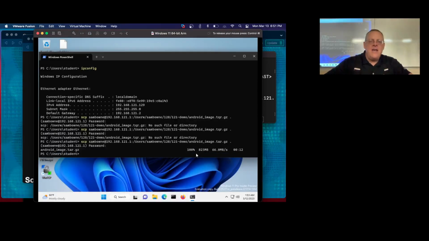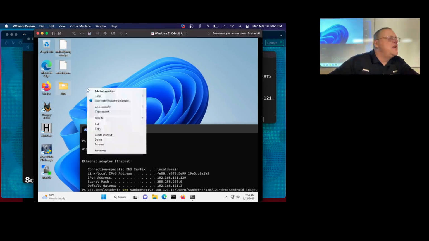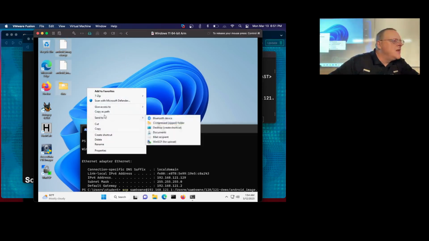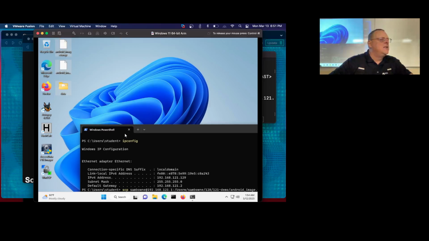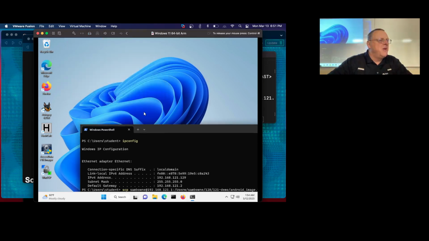All right, now I have the image in the default directory here. Now I'd rather have it on my desktop where I can work with it. So let me go to my desktop and delete the stuff I made earlier today. I'd like to throw it away. Microsoft has hidden that because all they ever do is hide everything good. Delete, okay. All right. Most everything in the right-click menu is now on the More Options menu because Microsoft loves